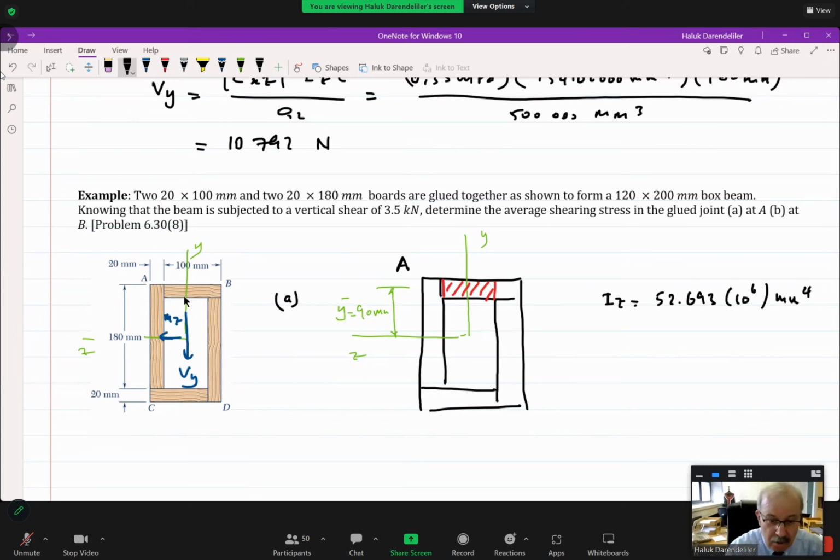Now, Q for this portion, Qz, is equal to A times Y bar. What is A? Now look at the above figure. A is equal to, the most important part is here. Yes, tell me. Yes, 80 times 20. 80 millimeters times 20 millimeters. This is the area. Y bar is the distance of the centroid or centroidal axis of this to the centroid of the cross section. So as we have just discussed, it is 90 millimeters. So what we have for the Qz is,